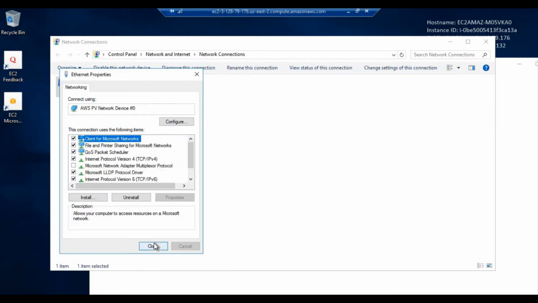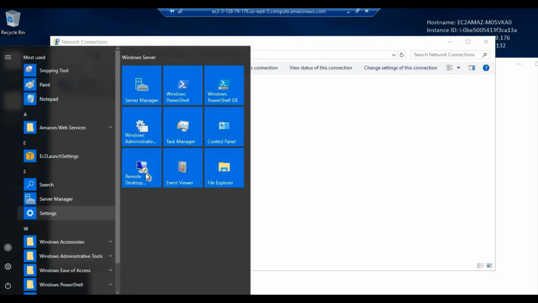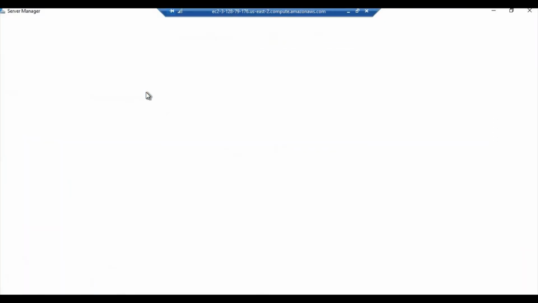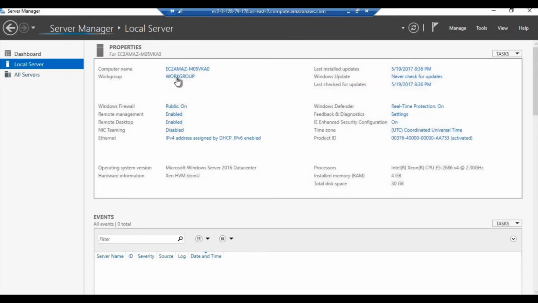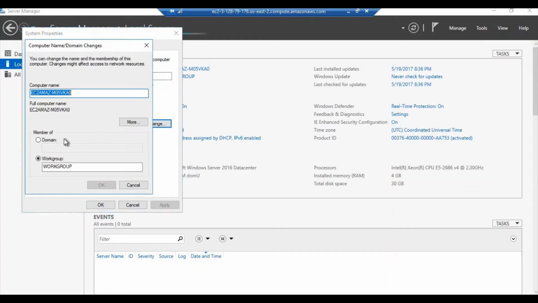Okay. After configuring the DNS IPs here, you need to go to the server manager here. And here you have an option called local server, and you need to click on this workgroup. Okay, and click on change and select domain here.